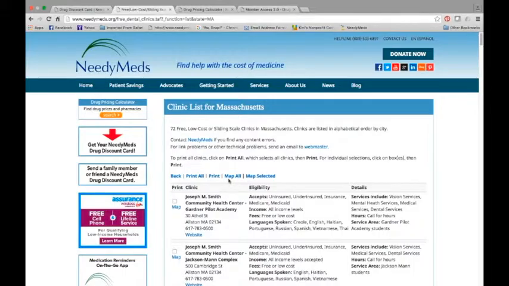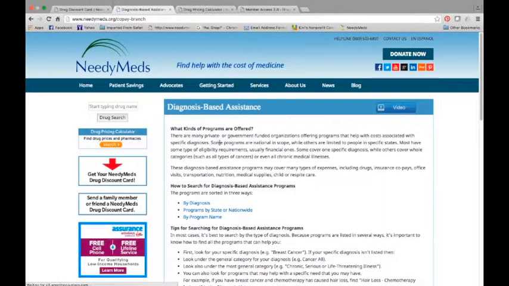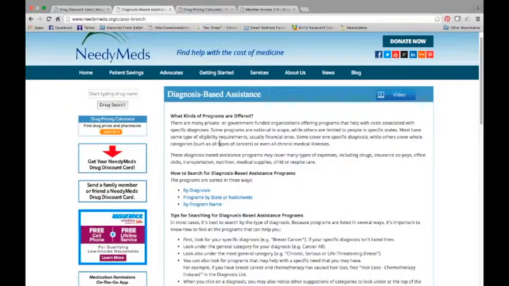I do have someone that's asking for help potentially with finding some financial assistance for securing hearing aids. I have two recommendations for that specifically. You would want to look under the Patient Savings tab, under Diagnosis-Based Assistance, and you'd look for the diagnosis as to why the hearing aid was needed. Because Diagnosis-Based Assistance is the database where we would look to find cost-saving programs for your needs outside of actual medication. And again, I say if you don't have any luck there, pick up the phone and call the counselors